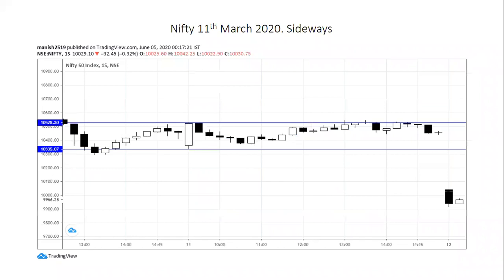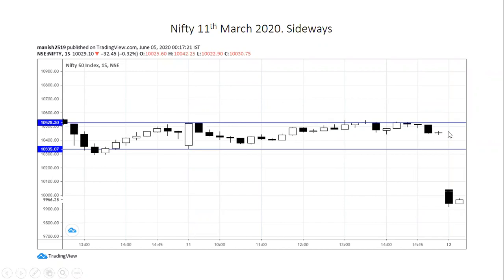Now this is an interesting slide to show you, Nifty 15 minutes time frame. Look at the first candle, big bullish candle. This is master candle. And after that, see what happened. Throughout the day, price was completely sideways. No trading opportunity on this day.